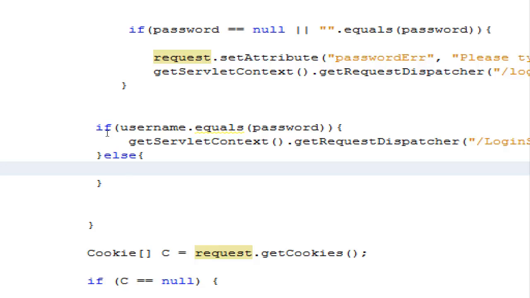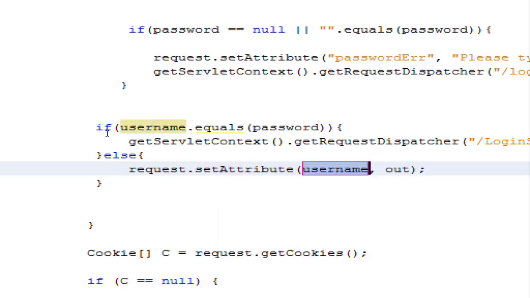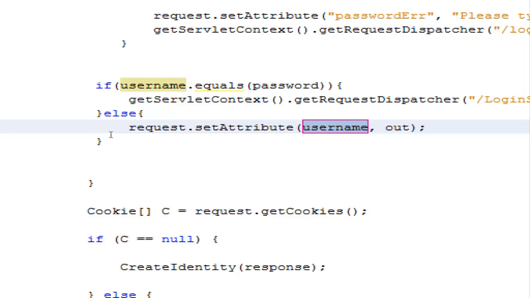So let's create request dot set attribute. Okay, I'm going to say invalid login. Let's say username